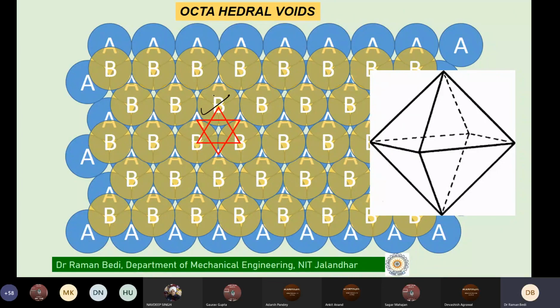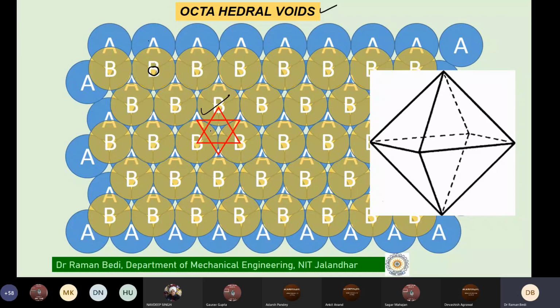If you compare, you were able to see that a tetrahedral void was created at this location, with one B atom at the top and the 3 atoms of the A layer at the bottom, or vice versa, three atoms of the B layer and 1 atom of the A layer at the bottom. That is what we were able to see. But the second type of voids which we are now looking at are available at this location when you stack the atoms in this particular stacking sequence. We are just showing the 2 layers here, and we are able to create these voids between the A and B planes of atoms.